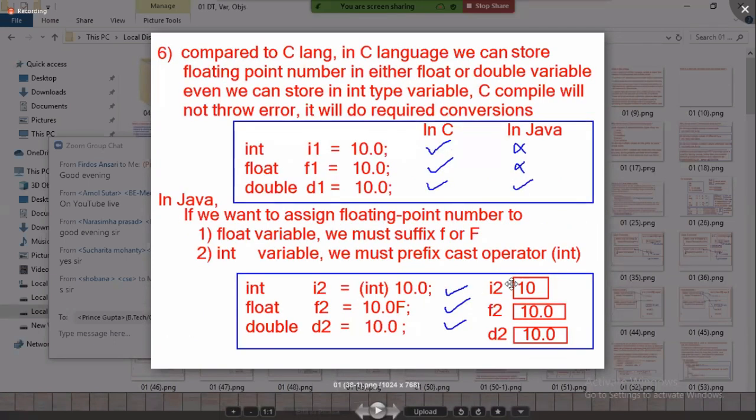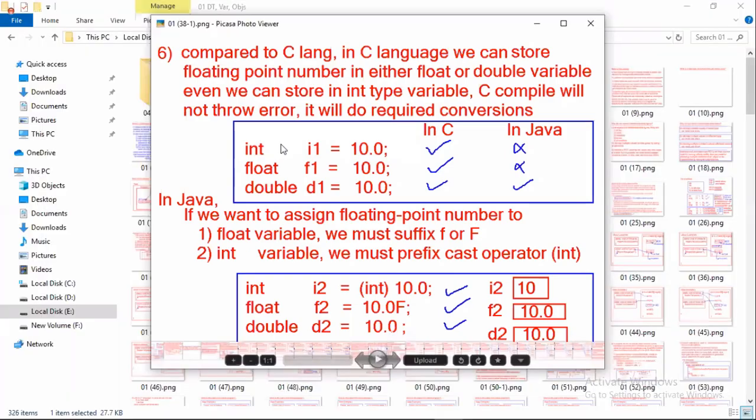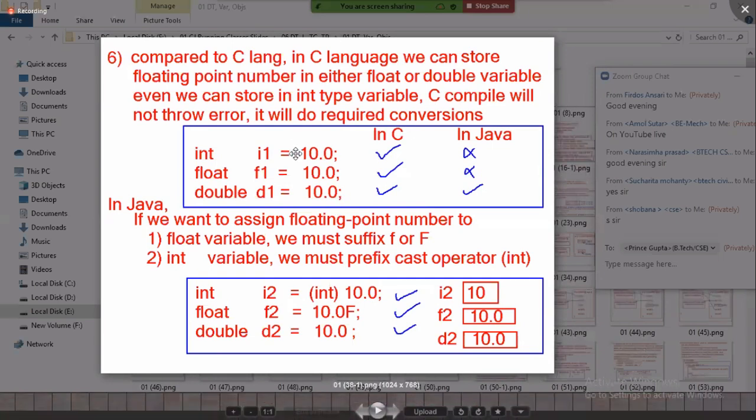Compared to C language, this is a very important point. In C language, we can assign the floating point number 10.0 to an int variable, and we can assign 10.0 to a float variable.